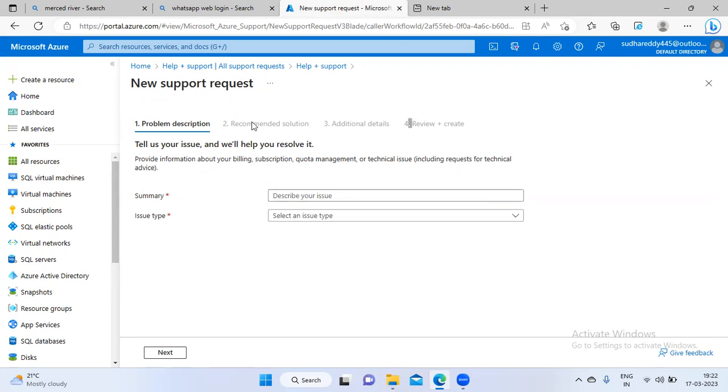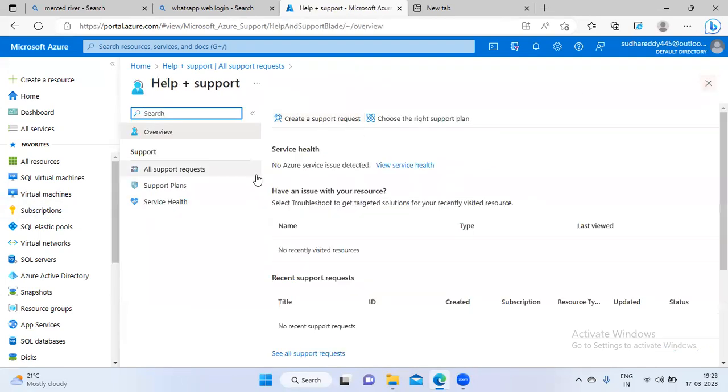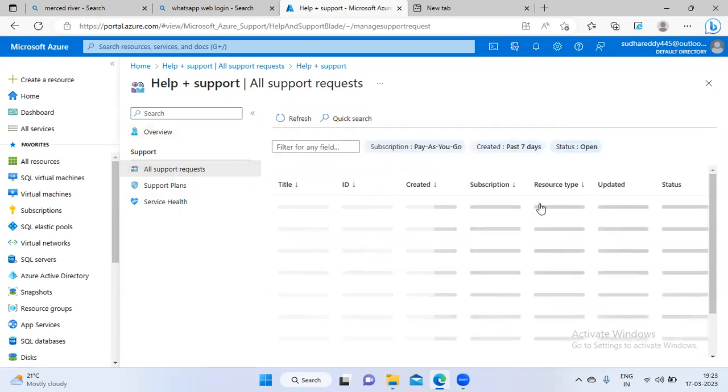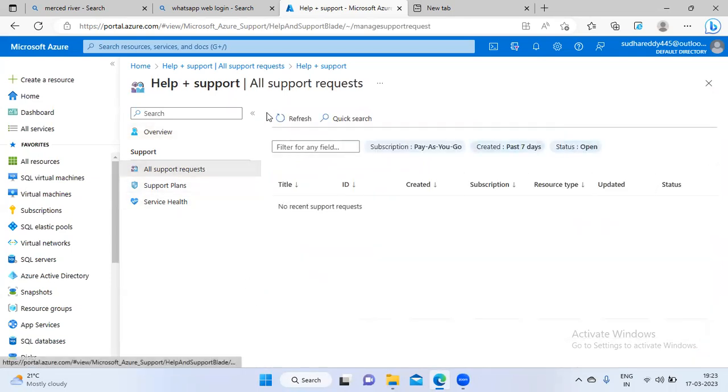Fine. So how are you going to get the support? It is based on your support plan. What kind of support plan have you taken from the Microsoft? Based on that, you will get the response. Okay. Suppose you are using it for the normal purpose,